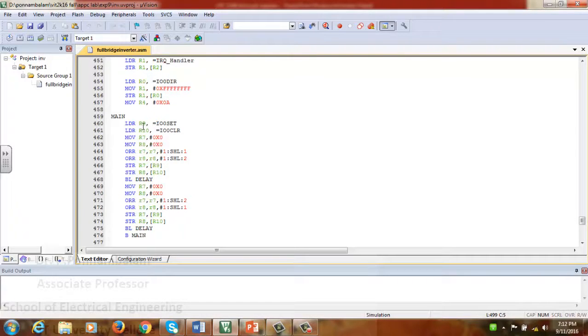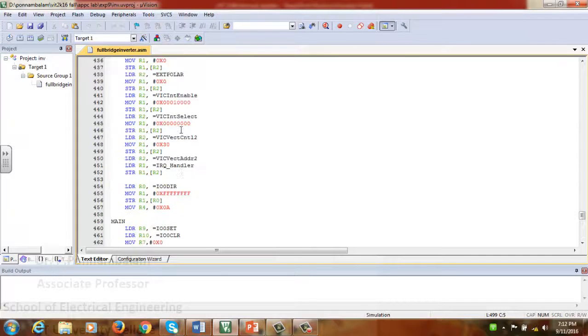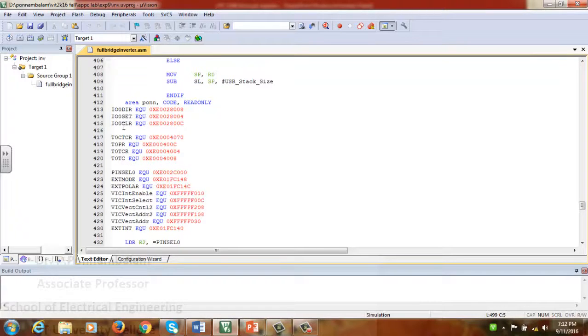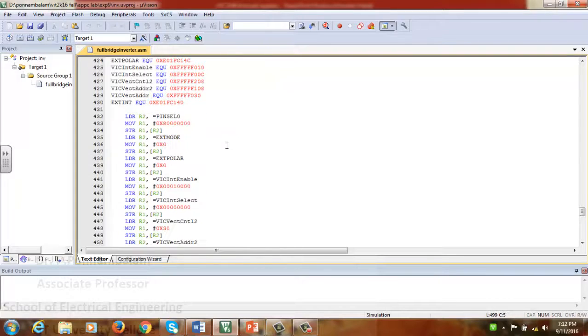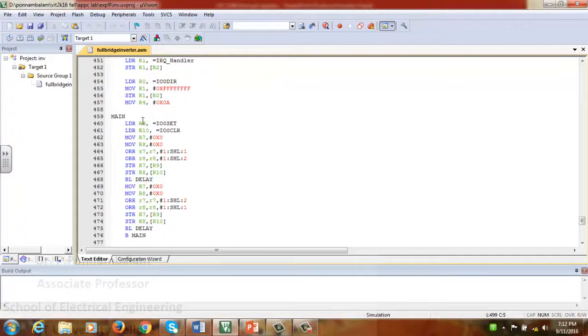Here LDR R9 comma equal to IO0 set, and R10 I am putting a value of IO0 clear. As I have already explained, IO0 set in the sense of the assembler directive, whatever I have initialized earlier. So the value of this memory address 0xe00280004 will be moved into this R9 register. That's the meaning. R10 will have the address of IO0 clear.